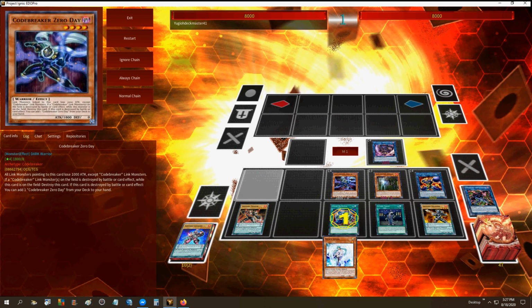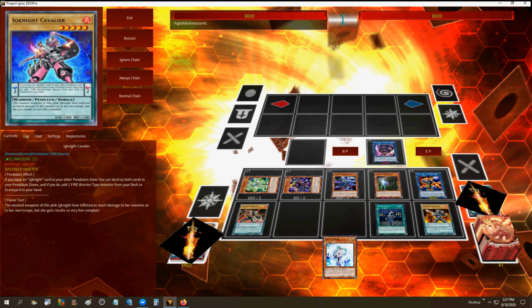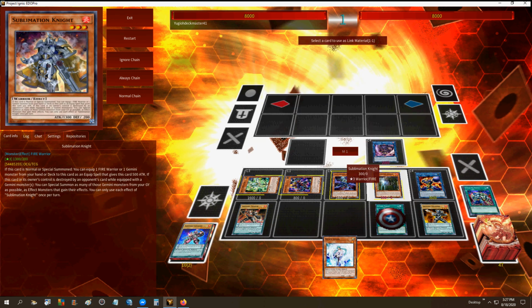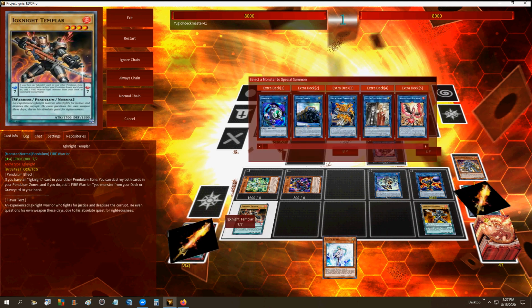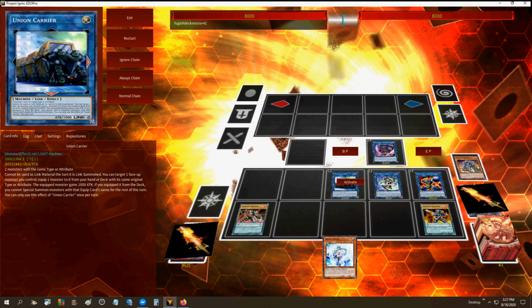We'll go ahead and get rid of these two. You have no way of getting them back. Okay, you also got an effect veiler, which is pretty good. So you go into your opponent's turn. You're not going to pop anything if you're going first. They go to activate something. If it's not something that stops this, you go straight into...